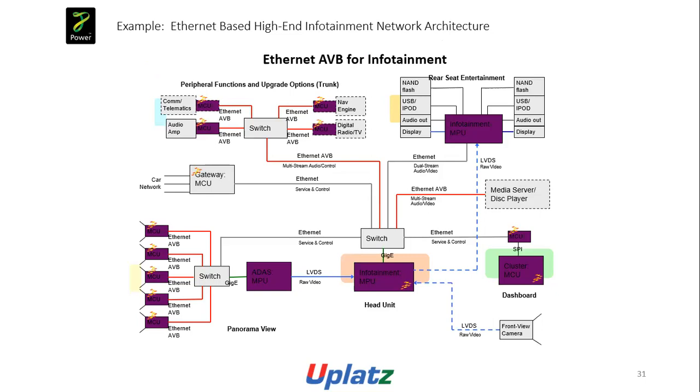Trunk, communication, telematics, audio amplifier, Ethernet AVB, Ethernet switch, AVB, navigation engine, digital radios, Ethernet AVB, multi-stream audio control, car network gateway MCU, Ethernet service control, Ethernet AVB switch, gigabit Ethernet, panorama view, ADAS, MPU,